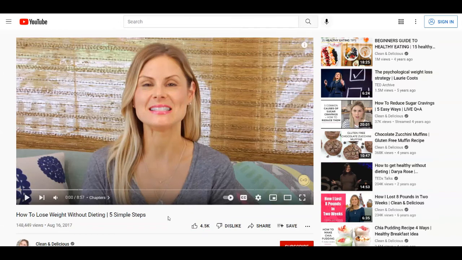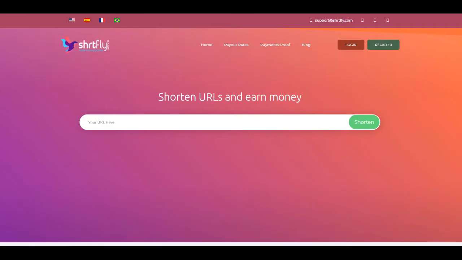So what you need to do right now is to proceed with the second platform for today, which is also the one that is going to pay us, and this is called Shirtfly. This is over at shirtfly.com. This is a place where you can shorten URLs and earn money. So this is similar to bit.ly.com where you can shorten URLs, but in difference to that, you're going to earn